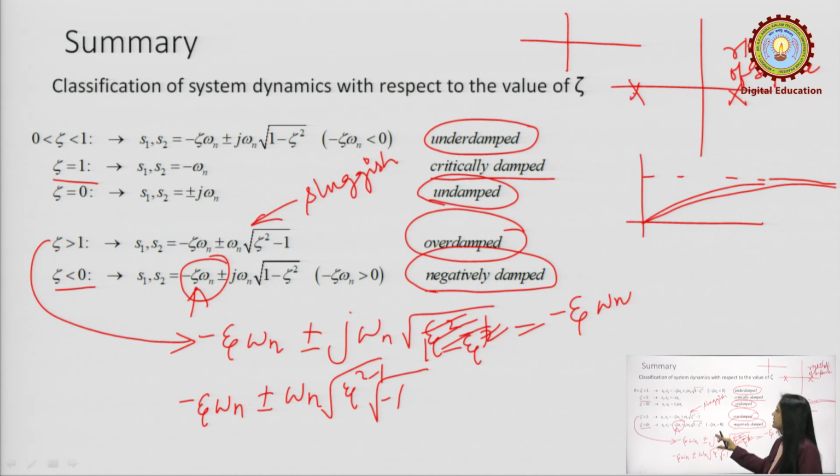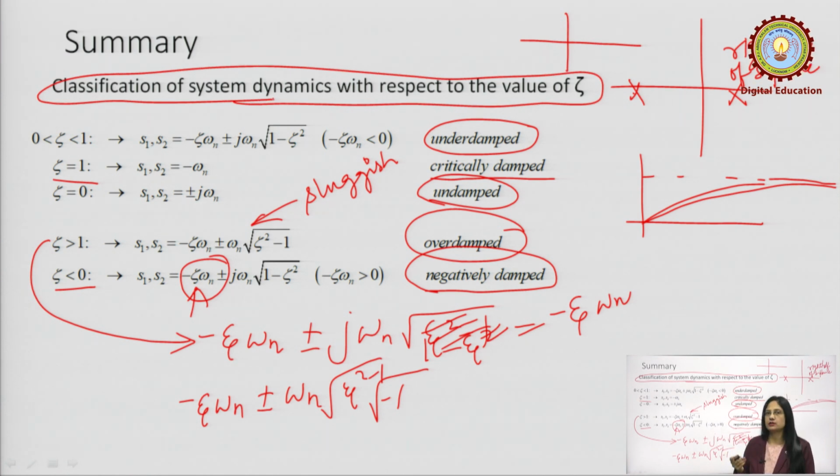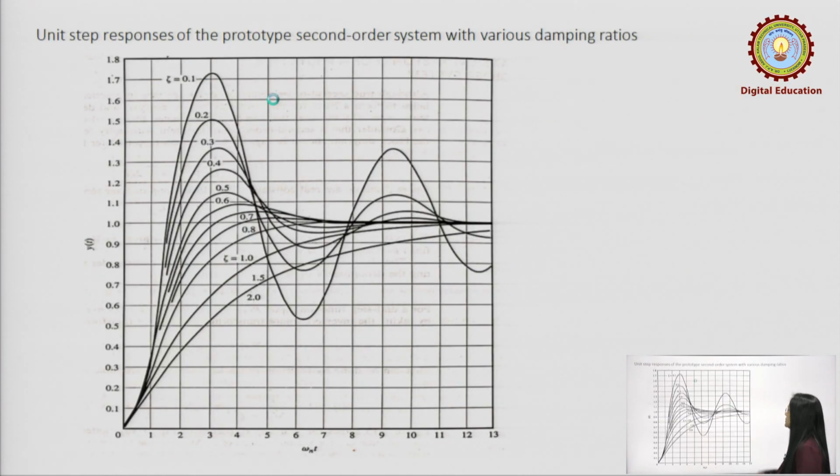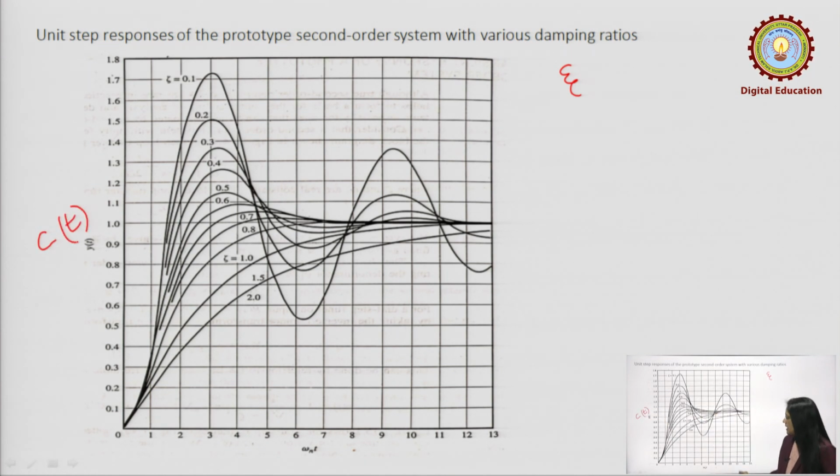So, this is a brief summary of the relationship between the system dynamics with respect to the value of zeta. That is, the value of zeta means the damping of the system. Damping of the system affects the location of the roots and thus the stability of the system. So, this graph typically depicts the response of a system for different values of zeta. Here, this is the response c of t on the y axis, and this is the time axis, omega n